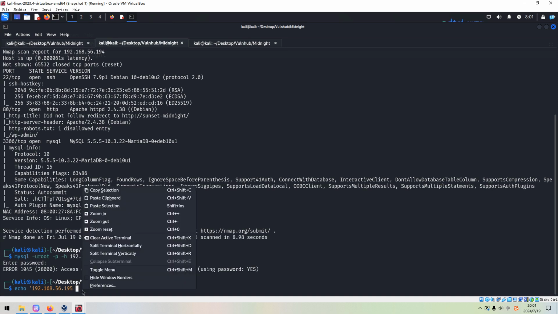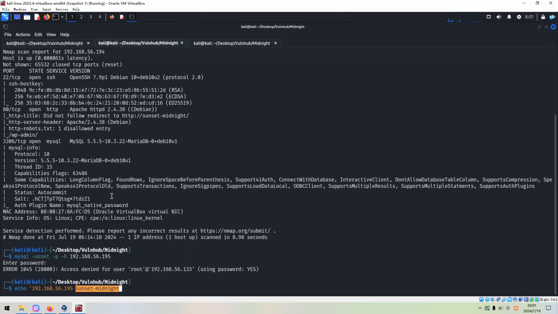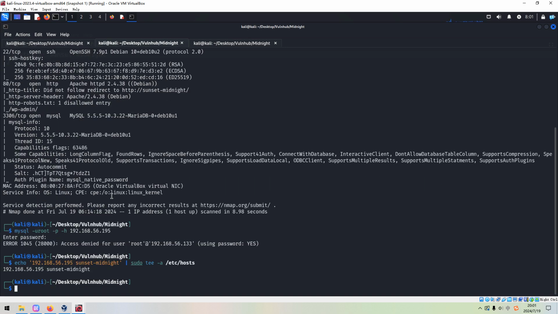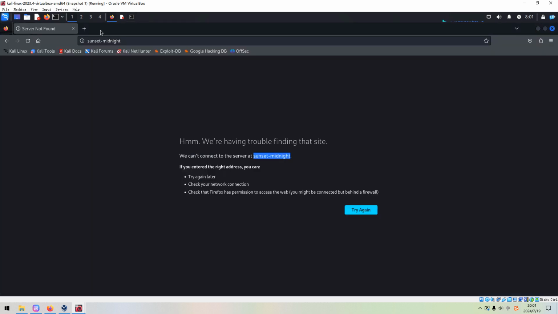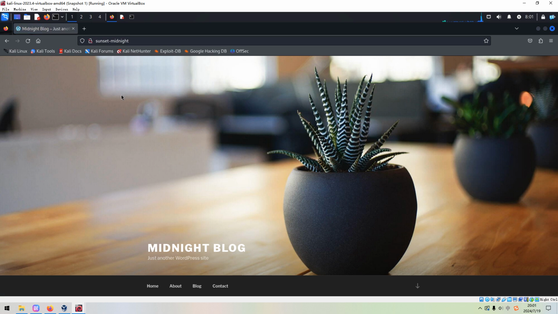Paste the host name, and we can pipe to tee with the -a option to append to hosts. It's done. So now if we go back to the browser and refresh the page,